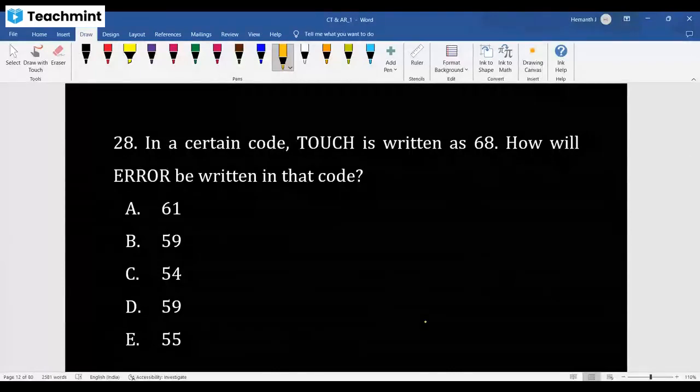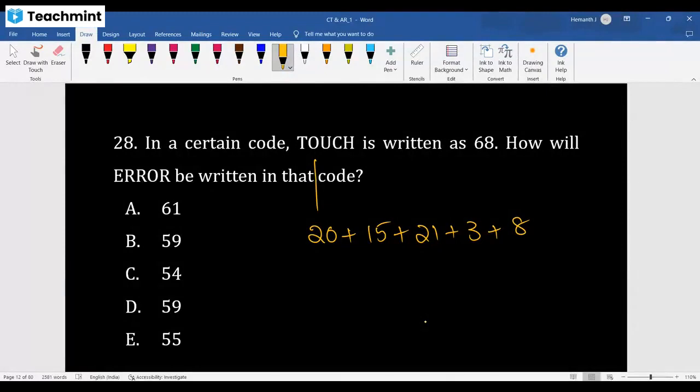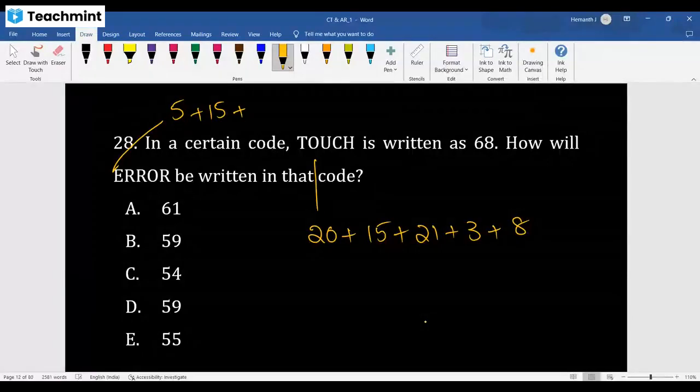T is 20, O is 15, U is 21, C is 3, H is 8. So 35, here 24, which is 59. Okay, 35 is there. Yes, 56, sorry. 59 plus 8 is 67. I think plus 1 they added here. Okay, error if you identify: E is 5, O is 15, R is 18. 18 three times is 54 plus 20,